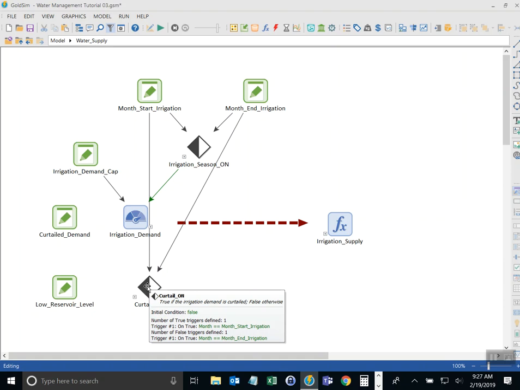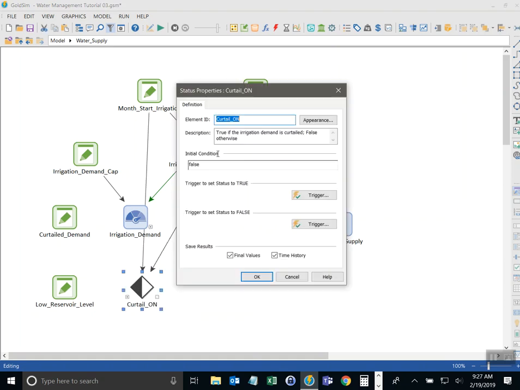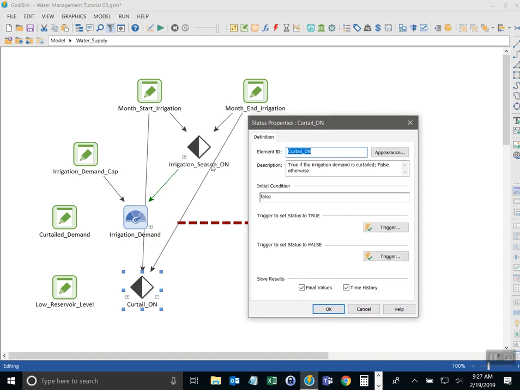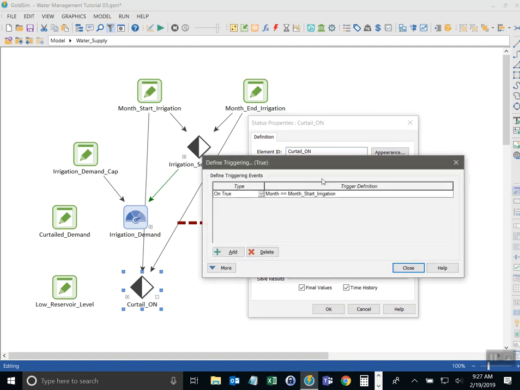The first thing we're going to do is work on this curtailment on status element. And as we saw in the previous tutorial, or actually it was I think the second tutorial, we developed the first status element here, season. It will be similar using these two triggers. The trigger on